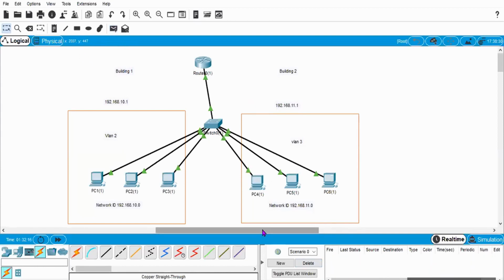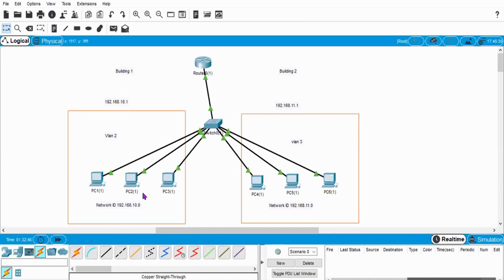So now what we want is to communicate between this VLAN and that VLAN number 3. Basically two buildings are there with a single switch. For using two different networks in the two buildings, we need to create VLANs, and we have created VLAN number 2 and VLAN number 3 in those two buildings. And now we want these two buildings to communicate with each other.